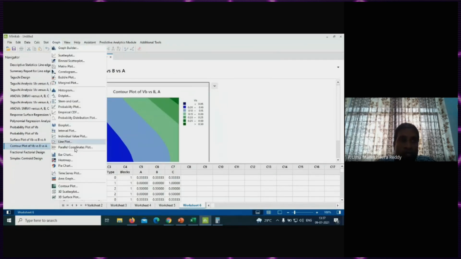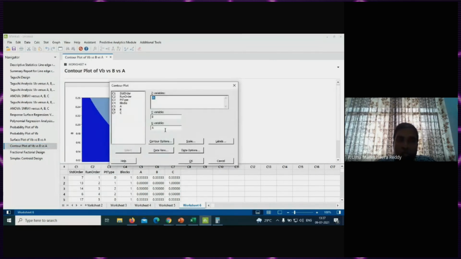I'll explain and you can practice later. Go to the contour plot. Here in contour options, you can select the color and the number of parameters, like ranges. You can reduce the ranges, reduce the number of colors, have the contour lines, and have data points on it, so that you can give a clear-cut conclusion.